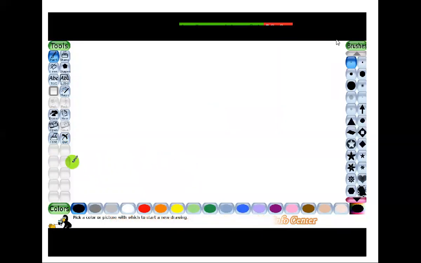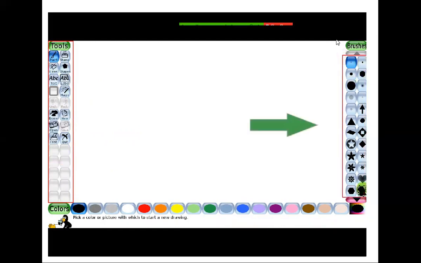On the left side, this area is called the toolbar, and on the right side, this is called the selector, and on the bottom side this is called the color box.